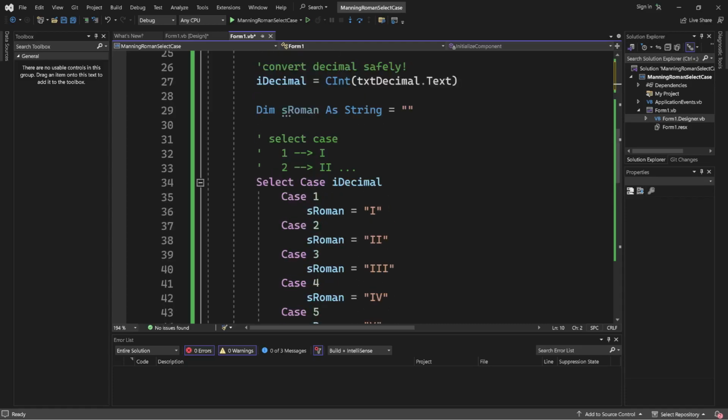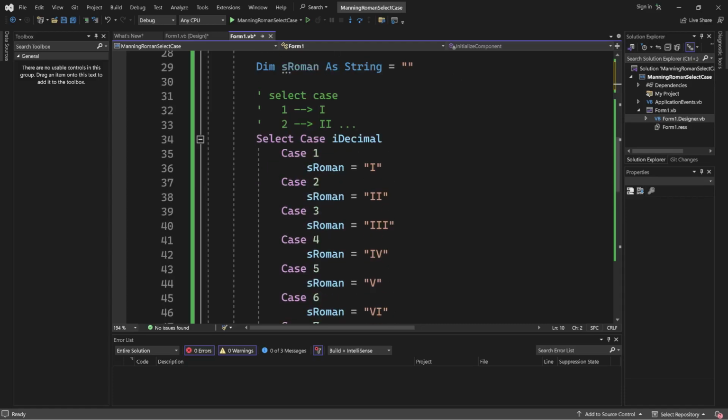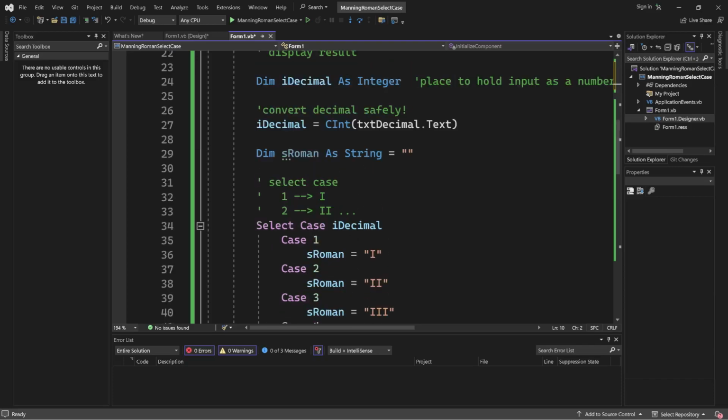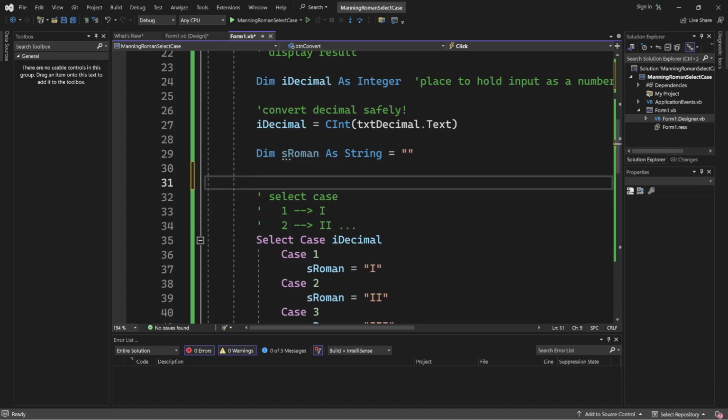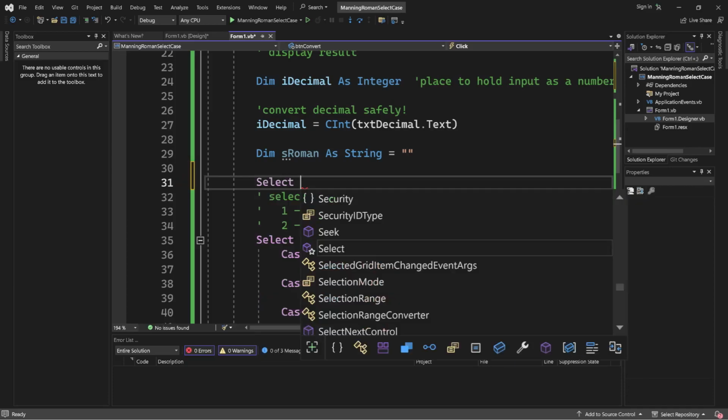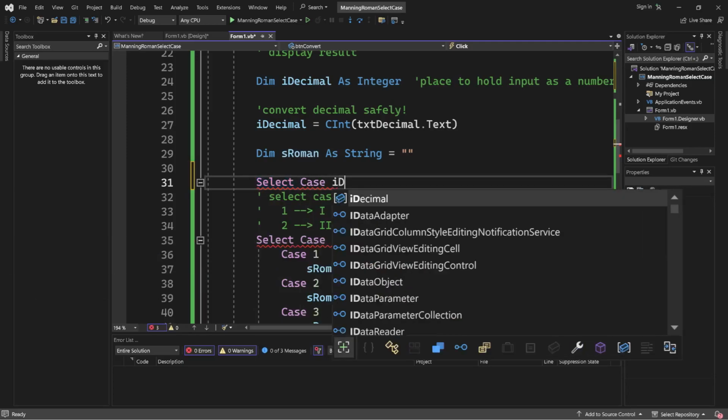Now, just for fun here, how would I do this with an if, else if? Or how about I check for errors at the very top? How about that? Before I go to my select case, let's throw in a check to only do the select case if there's no actual error. And this is where I would do it if I want to do a message box. So I will do, how about this? We'll use a select case to decide whether I'm going to even attempt the conversion. So let's try select case iDecimal,